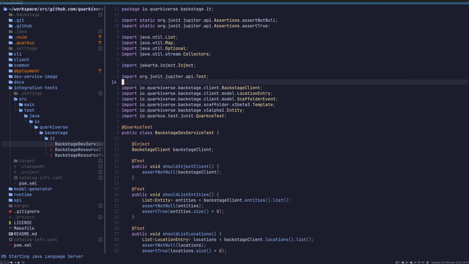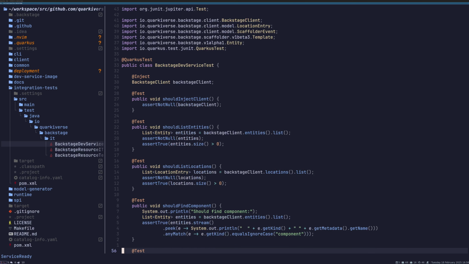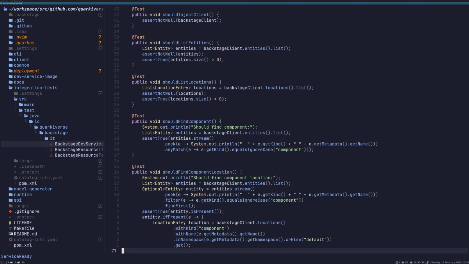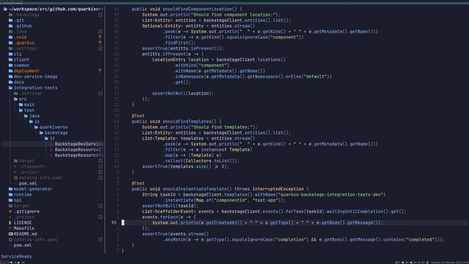In this case, we have all sorts of test cases that list all entities, list locations, find component locations, but one case that is really amazing, and I wanted to share that with you, is the ability to install templates,